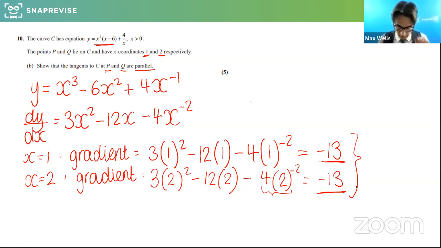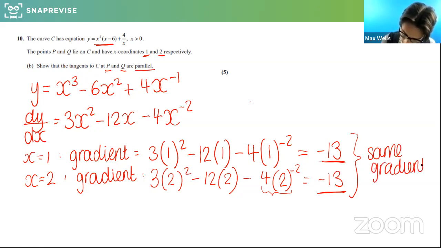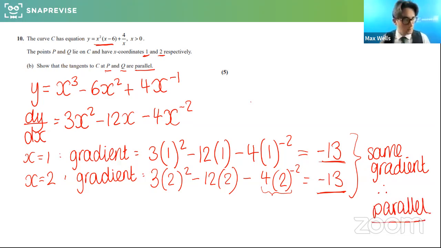This is probably the best method, if I'm honest. It's what the language in the question is hinting that you do, as well as the number of marks. I mean, obviously, as well, if you're given 2 points, you can find a gradient from 2 points, but this is not what this is asking. This is asking for the exact steepness at a point and also at another point, and checking that those tangents are parallel. So this is really a differentiation question. So there we go. So same gradient, and then therefore parallel. Cool. Right, excellent. Hopefully that's clear to everyone, but we will move on.